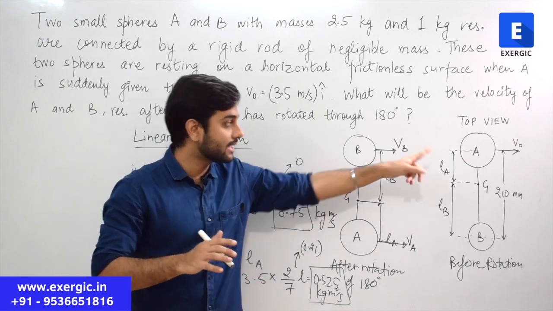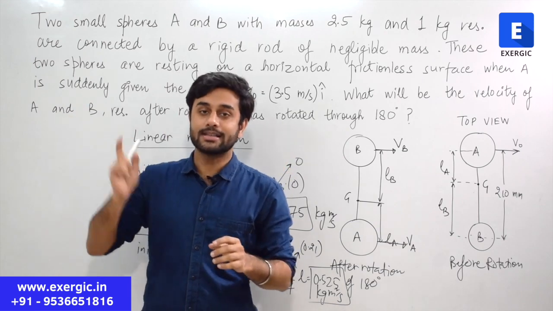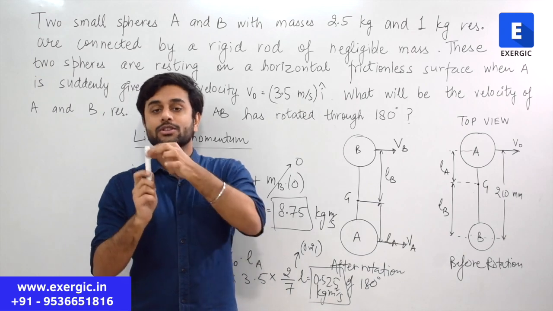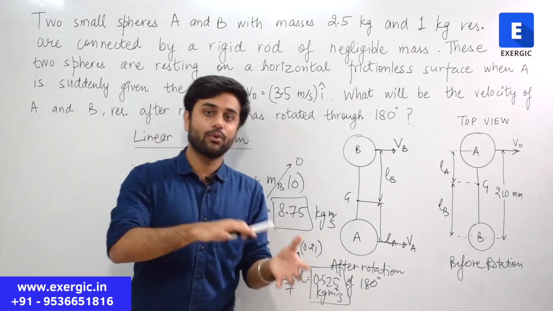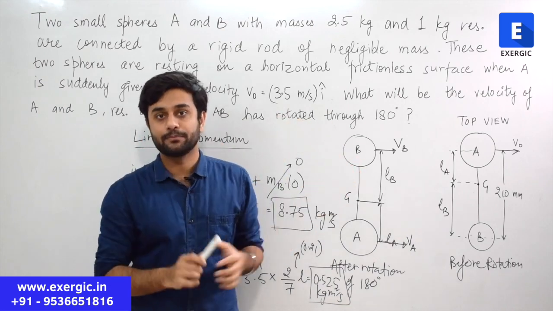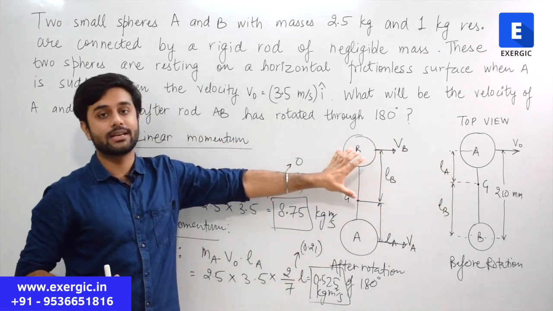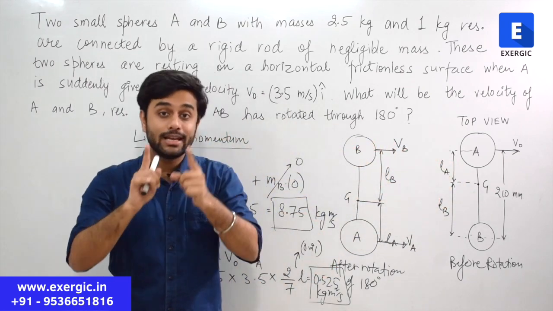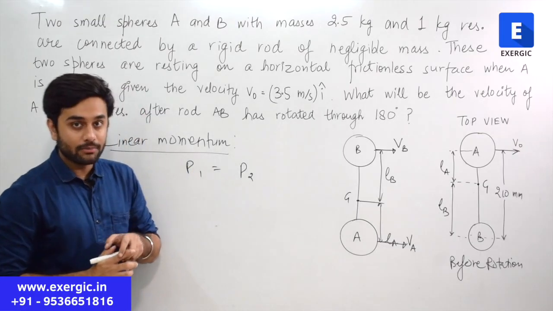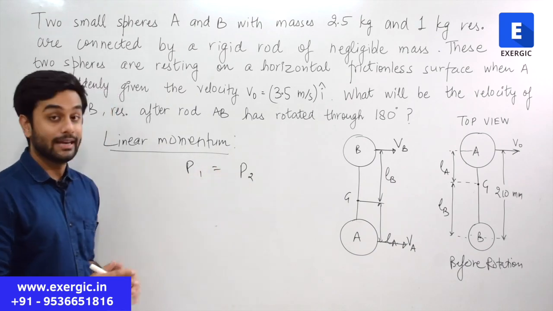acting. In this case, you suddenly gave it a velocity, as the question said, and after that no force or no torque is applied. So since there is no external force or torque acting after the initial point, from initial to final, momentum, both linear and angular, will be conserved. So the linear momentum will be conserved from initial to final state, means initial linear momentum will be same